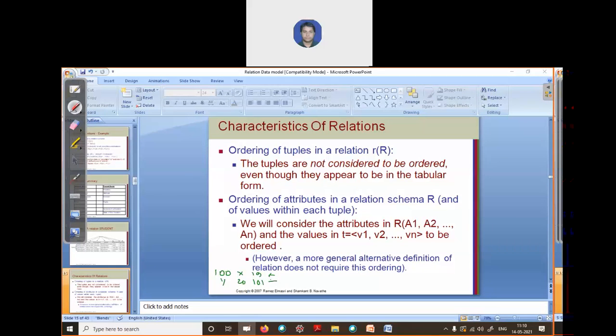In this way we cannot store. We have to follow the order in which you define the schema. Defining the schema means defining the structure of your student table: Student, roll number, name, and age. So whenever you store any record in this relation, you have to follow this order. First you enter the roll number, then name, then age. You cannot enter name first, then age, then roll number. So always you have to follow the order in which you mention your relation schema.